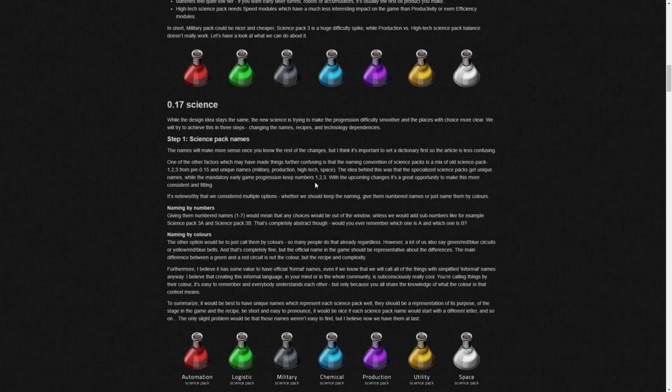And then, to summarize, it would be best to have unique names which represent each science pack well. They should be a representation of its purpose, of the stage in the game, and the recipe, but be short, and easy to pronounce. It would be nice if each science pack name would start with a different letter, and so on. The only slight problem would be that those names weren't easy to find, but I believe now we have them